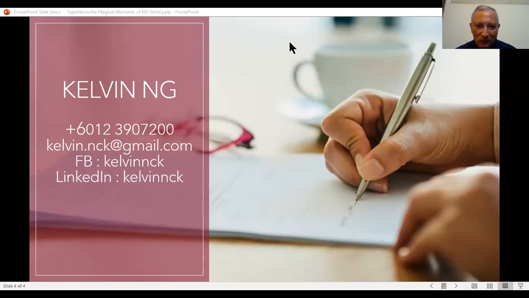Kelvin, I think there are no more questions because everybody has been quite impressed and dazed by the amount of functions which you can use in Microsoft Word. There are many more. Most of the time, we are only squeezing it in like a typewriter. But there are a whole lot of other functions which can be used. So I'd just like to tell everybody that we've got a recording of this. We will send this out, so you can use this as a guide to use Microsoft Word more effectively.